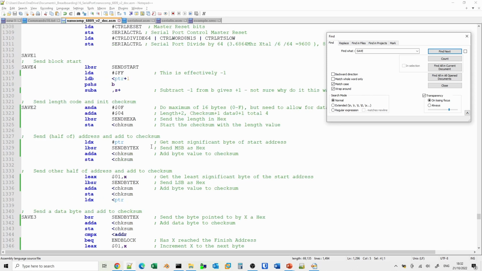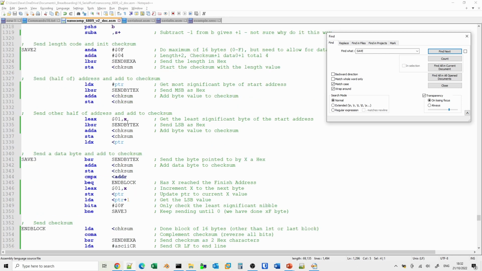Then we take the most significant byte of the start address and we send that to the computer in hexadecimal. We also add the binary value of the checksum to the checksum. So then we add 1 to the value of X to get the least significant byte of the start address, and we send that as hexadecimal, and then we do the same with the checksum.